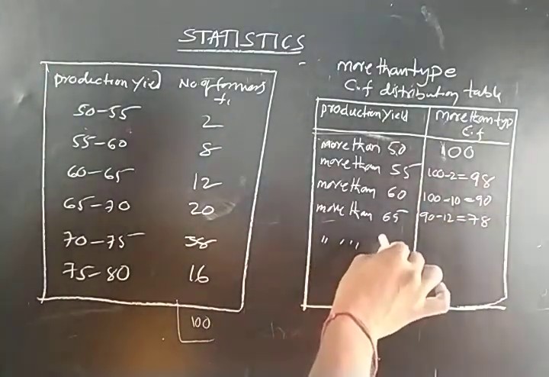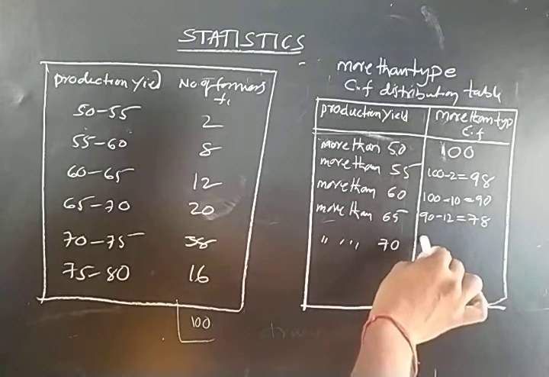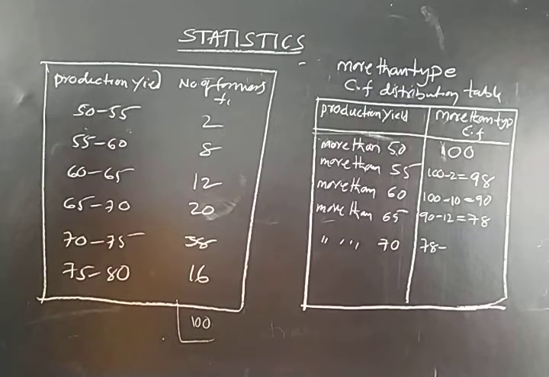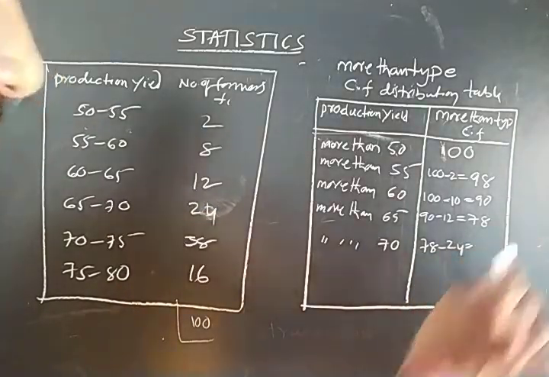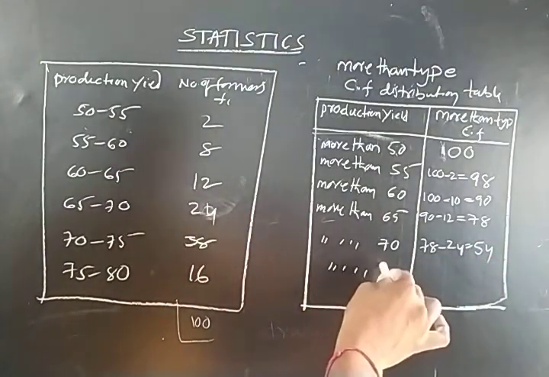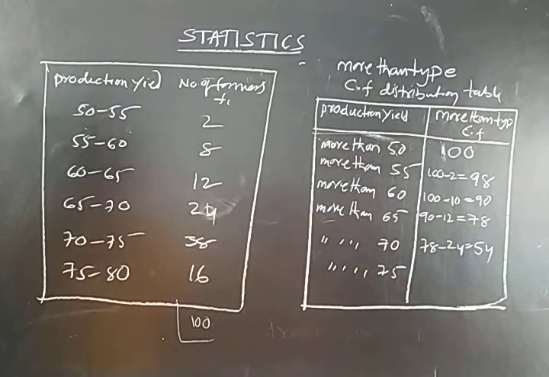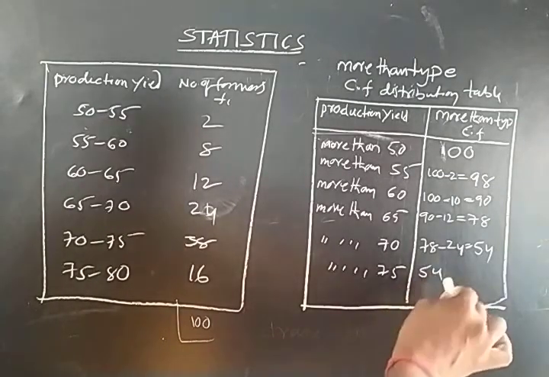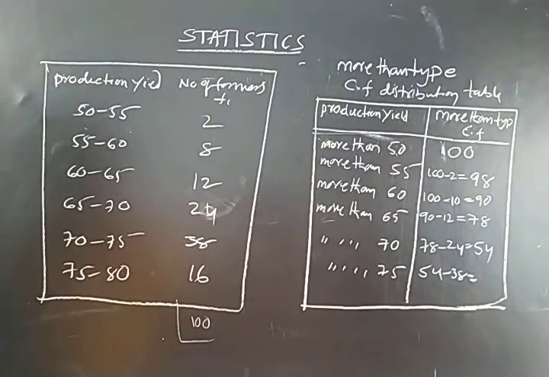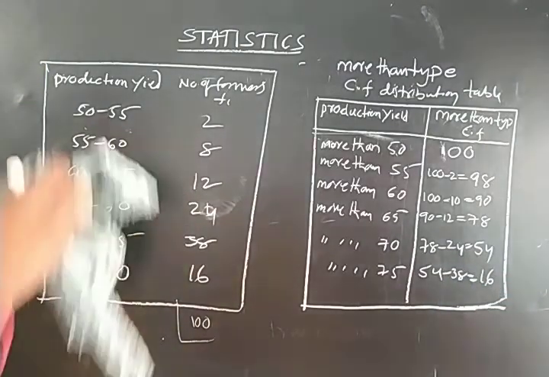Similarly, more than 70. From 78, I am subtracting 24. Sorry, this is 24. You will get 54. Next, 75. From 54, I am subtracting 38. So you will get 16. Okay, so this is the more than type